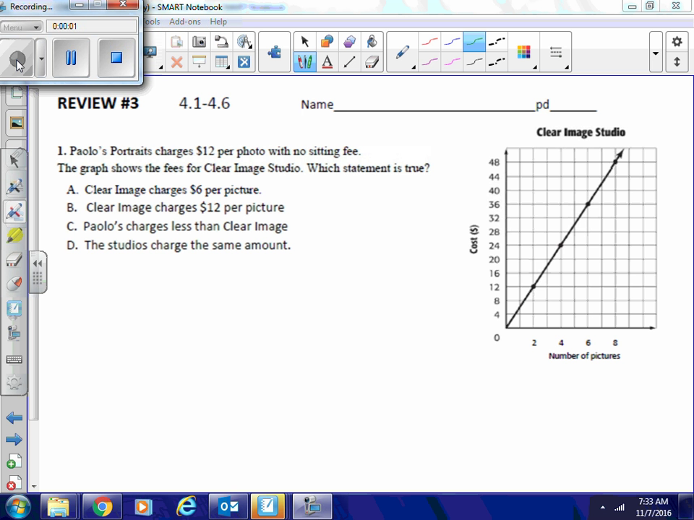This is review number 3 for our quiz on 4.1 through 4.6. Number 1, Paolo's Portraits charges $12 per photo with no sitting fee. The graph shows the fees for Clear Image Studios. Which statement is true? Well, first, for Paolo, we know that it's $12 per